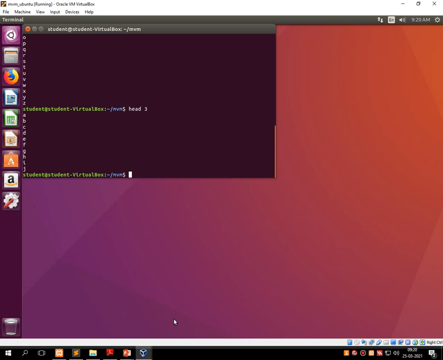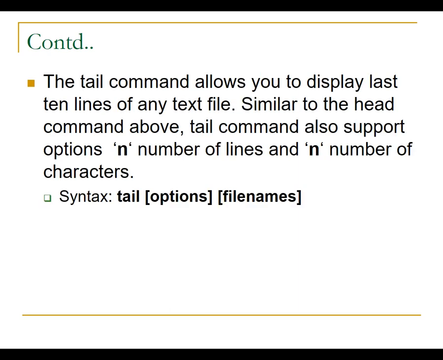Again I am repeating my words. The head command is used to display the first 10 lines of the entire file. In file number 3 I have created more than 10 lines, which you can see onto the screen. Then I have fired the command called head and the name of the file. It displays the first 10 lines onto the screen, where this A is line number 1, line number 2, 3, 4, 5, 6, 7, 8, 9 and 10. So this is the use of the head command. Tail is the reverse of this.